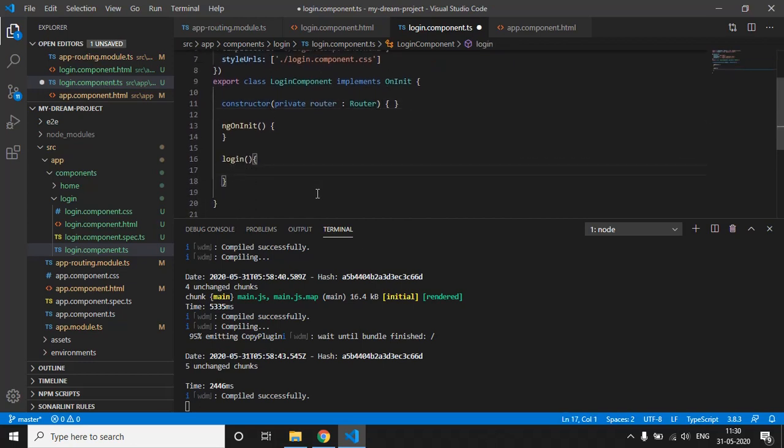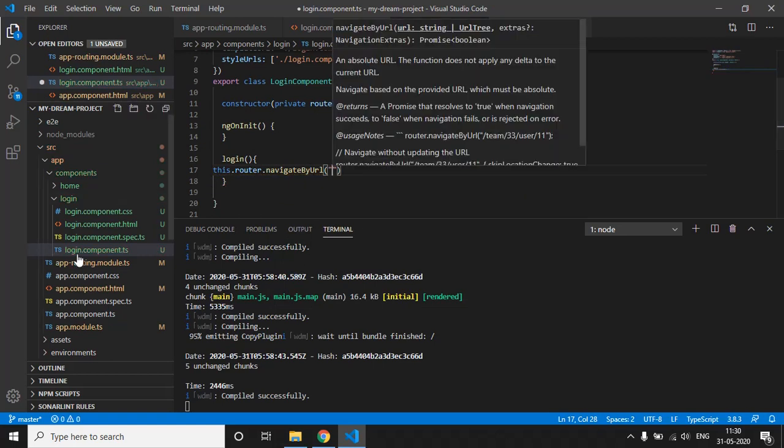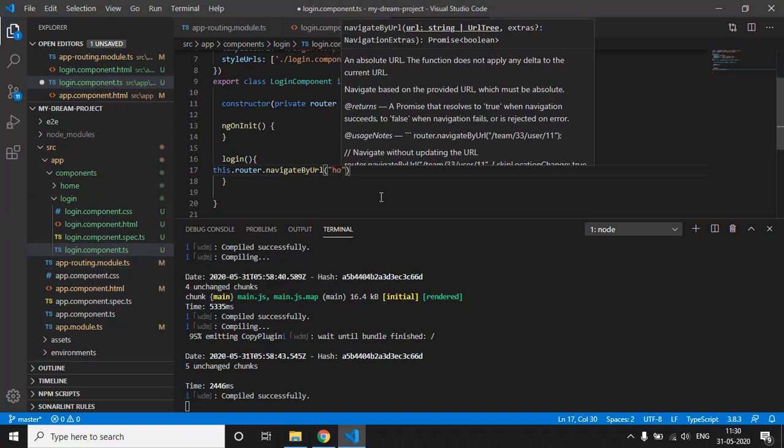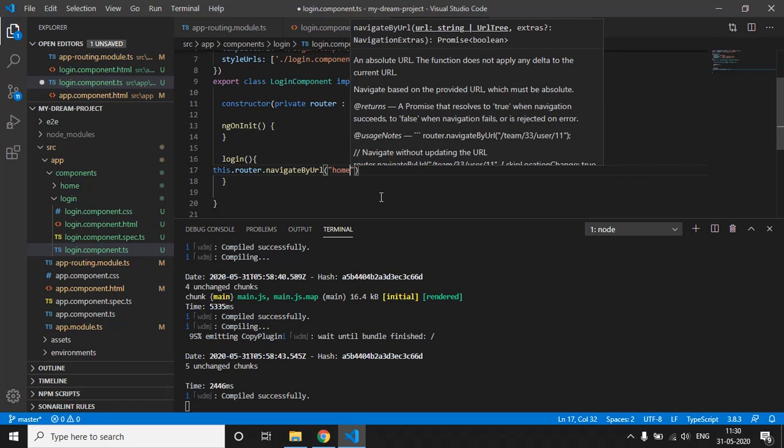On click of this login button, we have to navigate to the home page, right? For accessing this router instance, we write this.router.navigateByUrl, and then we can directly specify the URL which we have written into this app-routing.module.ts. For the home component, we have a URL called home.